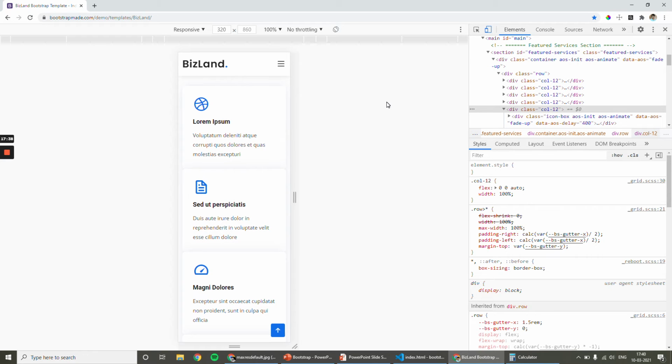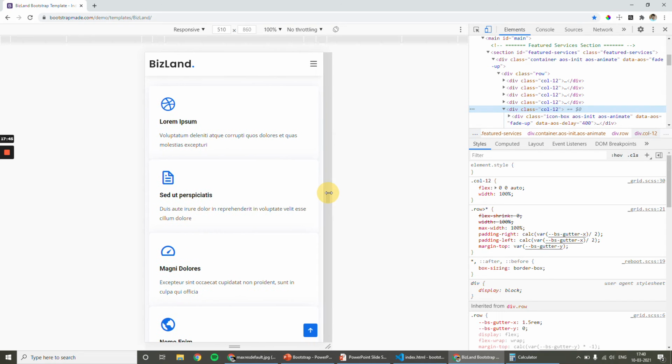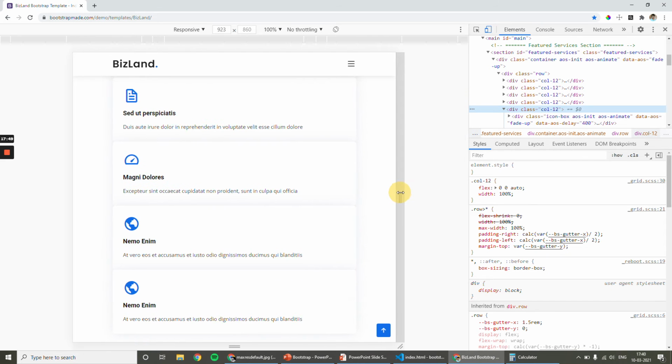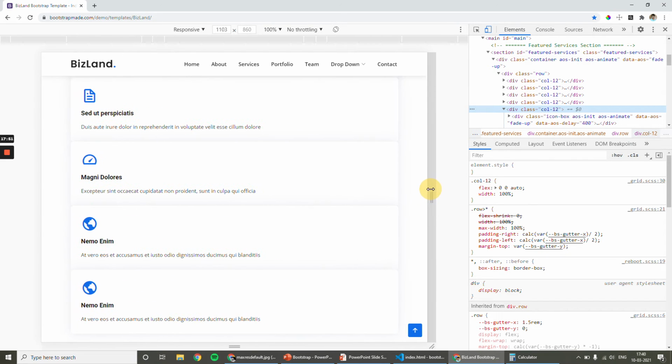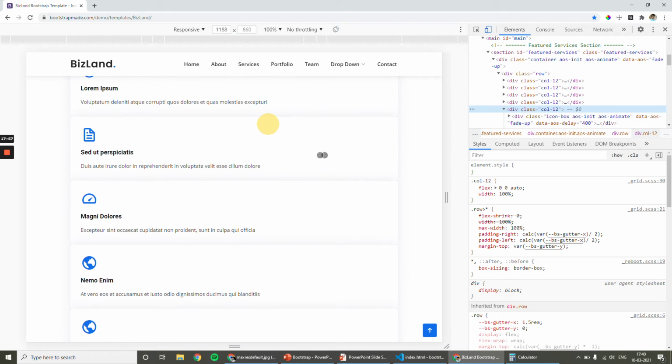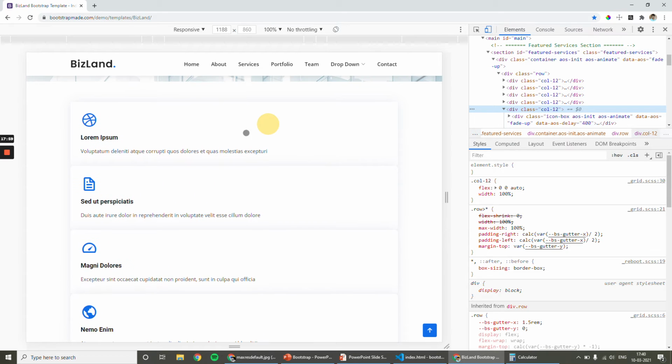So now my web page looks clean, and I keep expanding my page. Beyond one point, I see a lot of empty space on the left and right side, which means this box doesn't need to occupy the full width because the available space is very big.